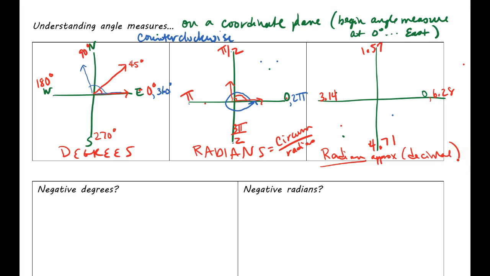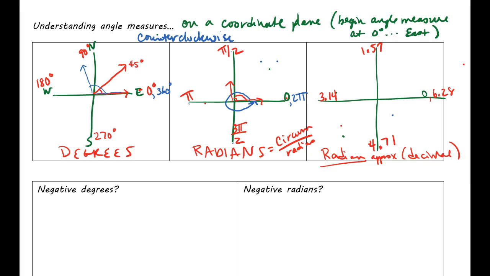And the reason for that is because you may be asked, okay, sketch an angle that is 2.5 radians. And so if you're asked to do 2.5 radians, you need to know that 2.5 is going to lie somewhere in the second quadrant, and it's going to be somewhere probably right in between these, okay? And maybe a little bit closer to this one. But that's the kind of thing you're going to have to be able to do. 2.5 degrees would be like a baby angle right here. So they're very, very different. Look for the degree symbol. If you don't see a degree symbol, it's going to be either this one or this one, and that's how you're going to be measuring.